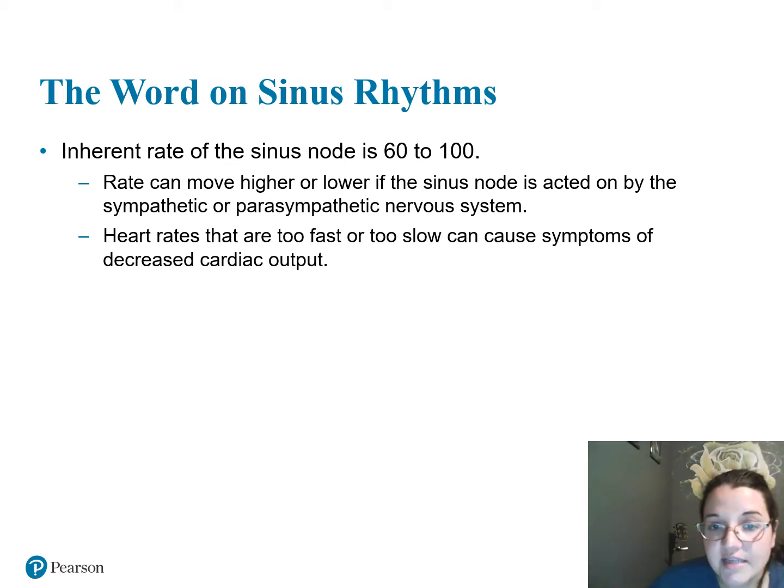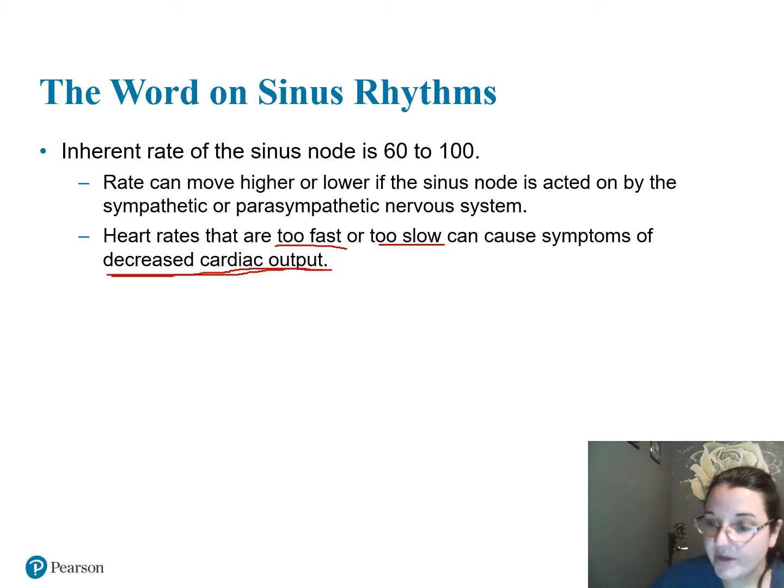Heart rates that are too fast or too slow can cause symptoms of decreased cardiac output. So underline, notate this, pause the video, write it down. If my heart rate is too fast, or if it is too slow, it can cause my heart to have decreased